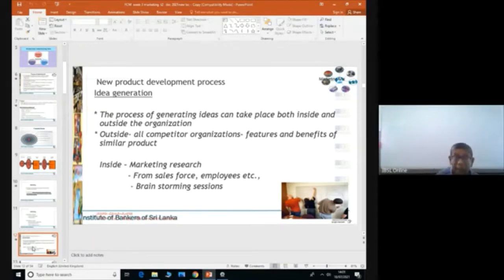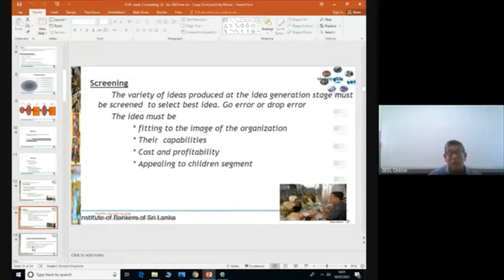Through market research, you can get an idea about what the customers want. So that is the first step, idea generation. Clear? Right. Now, once you get the ideas,